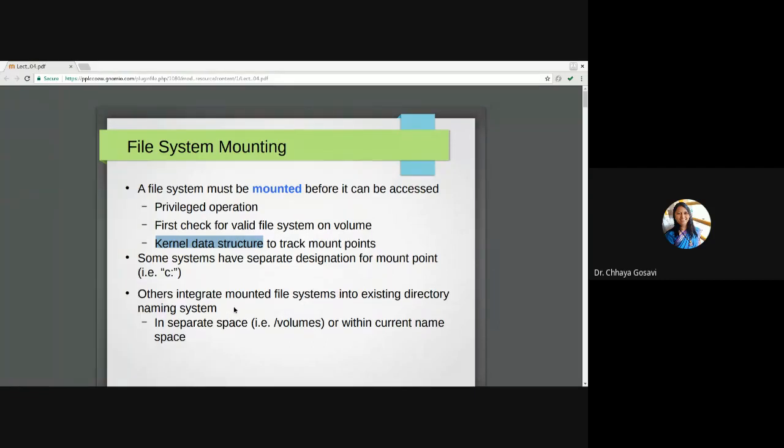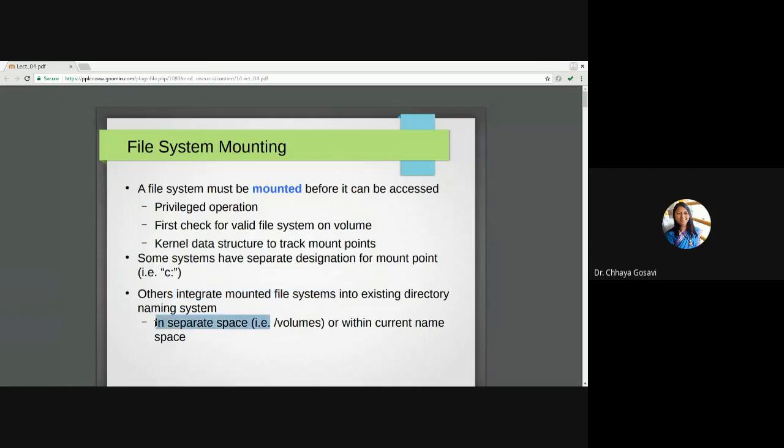So you can create your own directory on the existing file system, and whenever you connect your pen drive or any other file system, it can be connected to that particular folder. So you can do that. It is called integration of the mounted file system into the existing directory naming system.